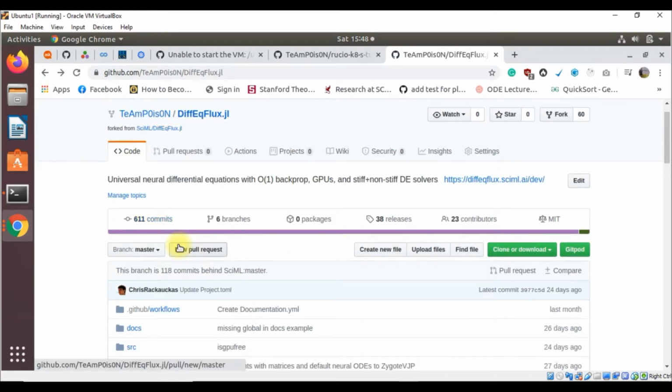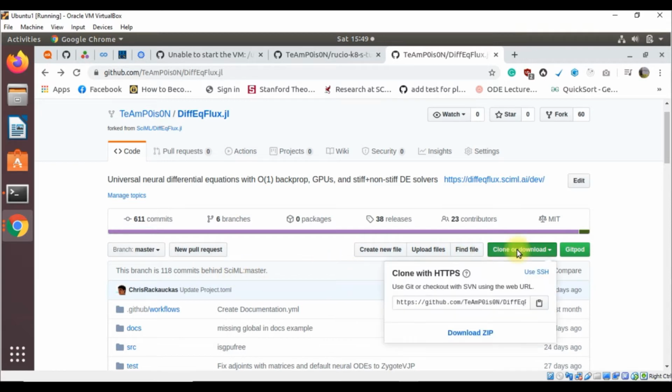This repo was created by the scientific machine learning group, and it's all about universal neural differential equations, GPUs, and non-stiff differential equation solvers. As you can see, it is pointing out that my branch is 118 commits behind the scientific machine learning master branch. So what do I have to do?